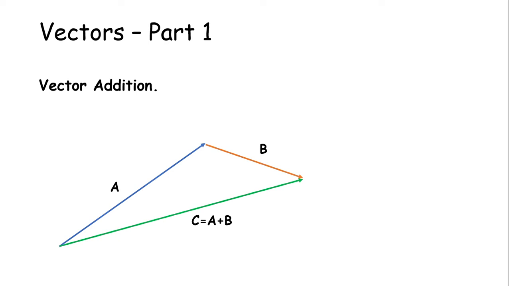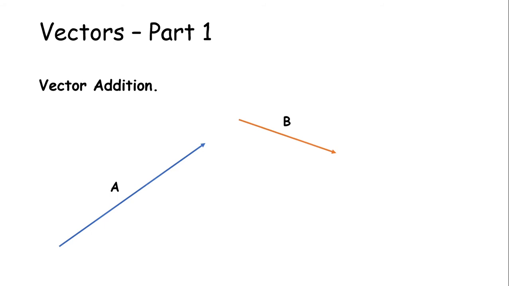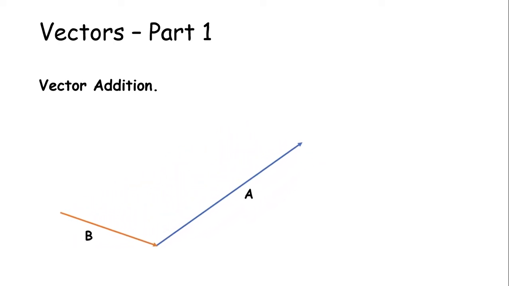Now the question that arises here is, does the order in which we add the two vectors matter? Namely, if I want to add B plus A, does that make a difference, or do I get the same answer? We can answer this question again graphically. We switch the two vectors. We start at B, we move along B first, and then we join A to B and move along A. The net result in this case is once again the sum of the two vectors, B plus A, which again we call C. But because we call the vector the same name, this seems to imply that the sum is